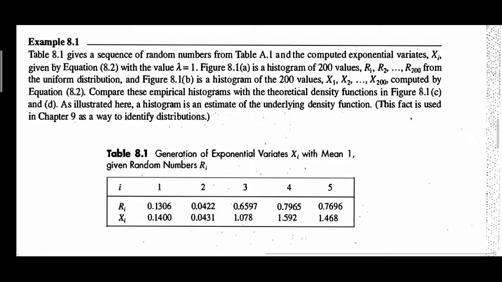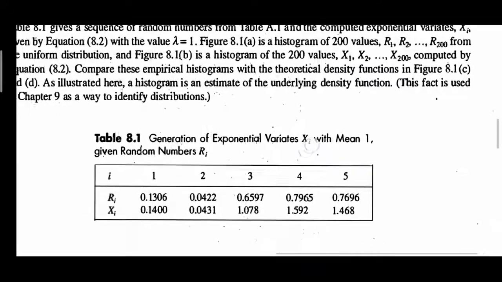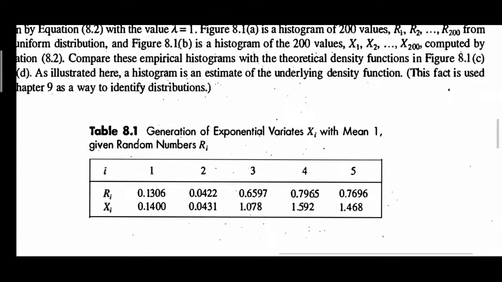So the next topic, moving on to the example for the exponential distribution. Hope it is visible. Okay, here is a table of exponential variate generation, where 5